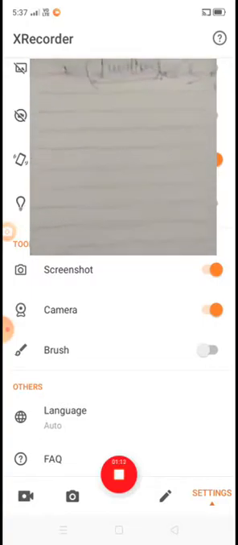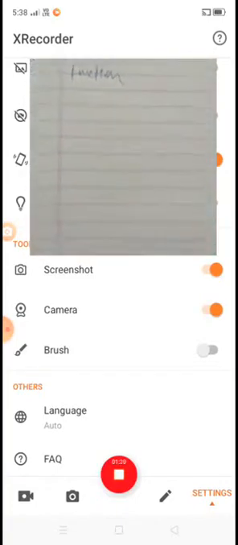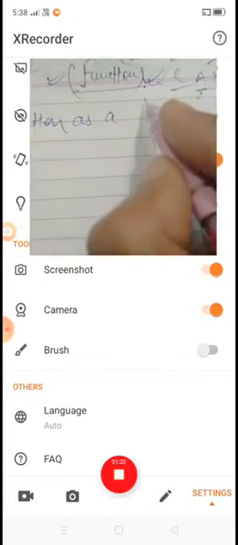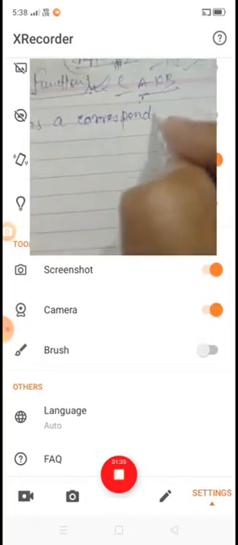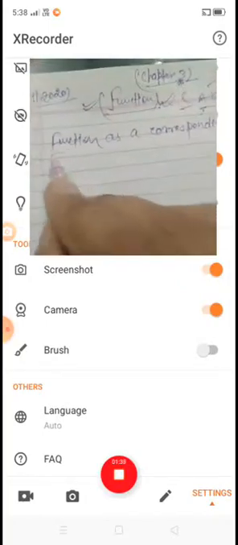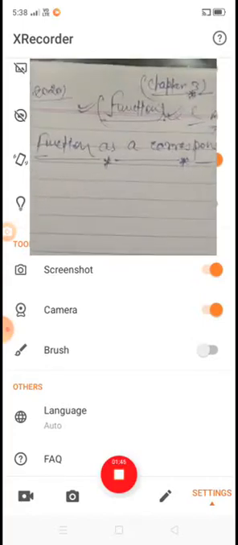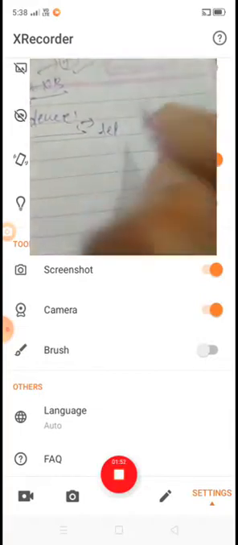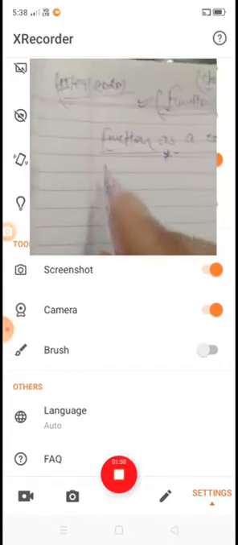Now we discuss function as a correspondence. Let A and B be two non-empty sets.